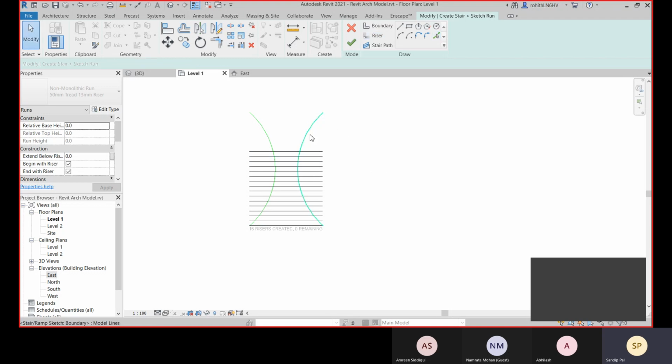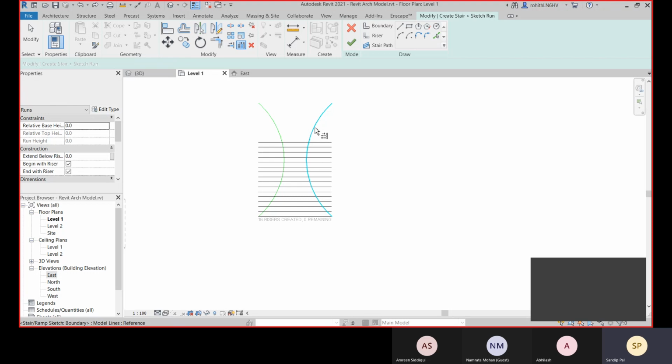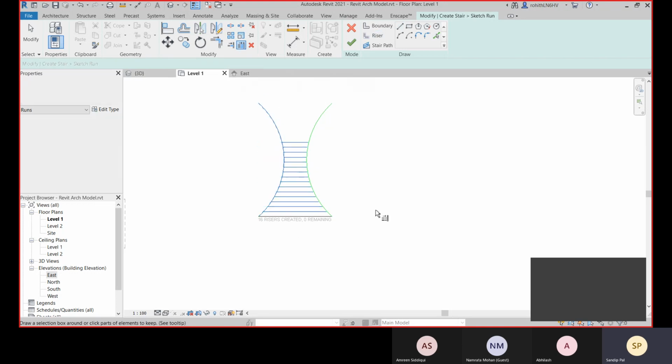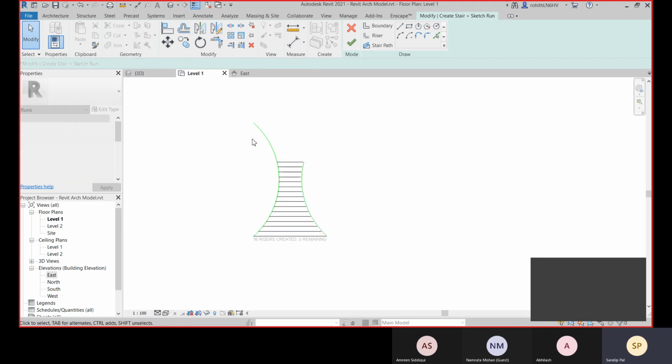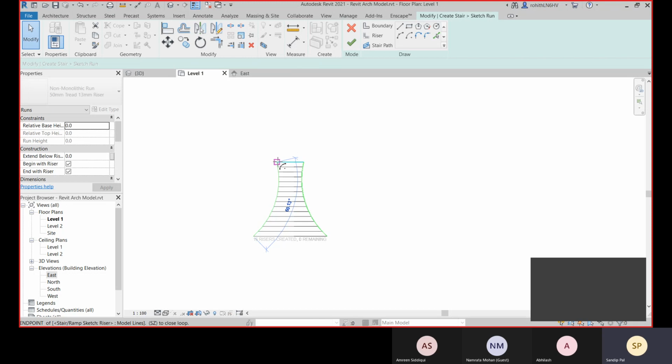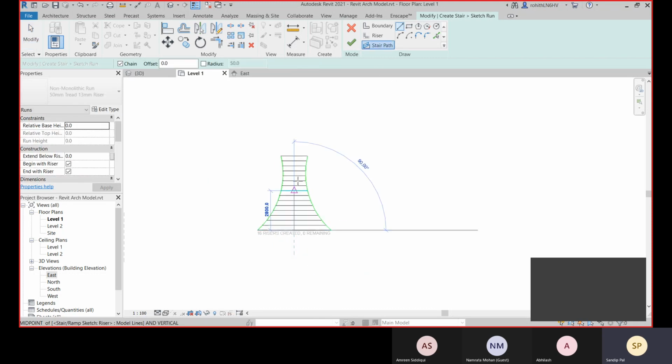Okay, so we will trim this to this. Enter. Now select this. Trim this. Okay, so this will be the stair path.